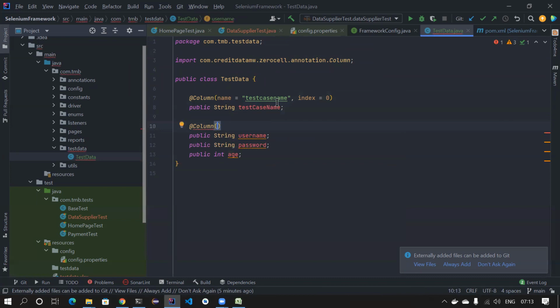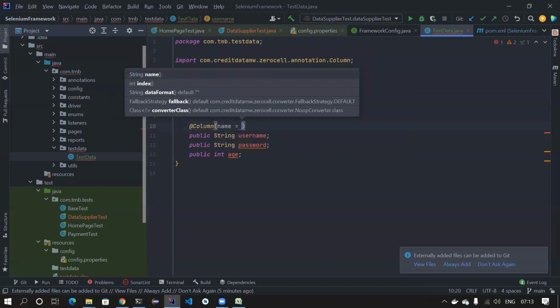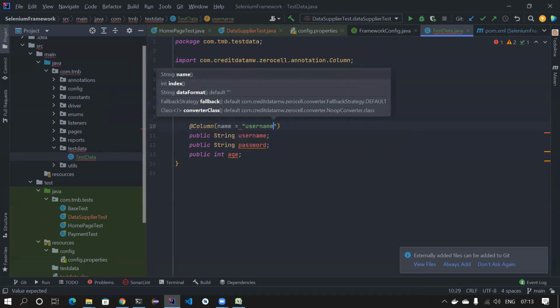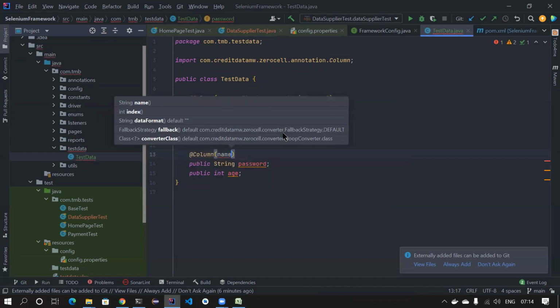Okay. There is a column. And the name of the column is username, name equal to username, because I have to give this, because in this annotation, they have made this a mandatory parameter. Okay. And then index is basically, this is in the first index. Okay. The same way at the rate column, name equal to password,